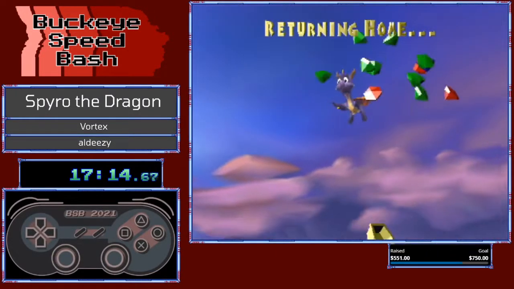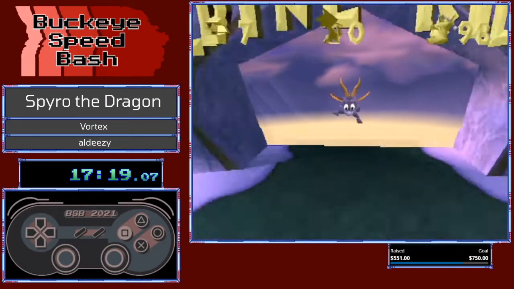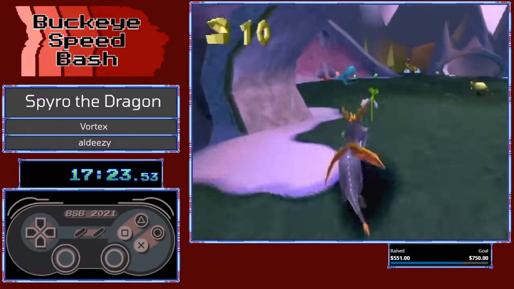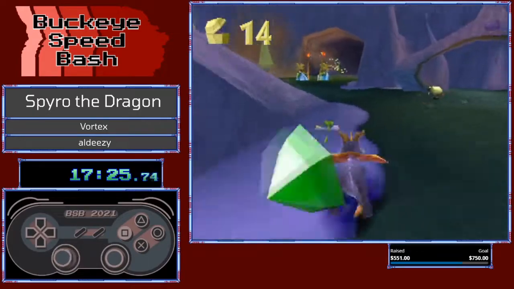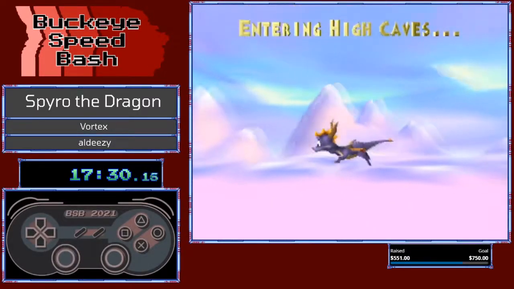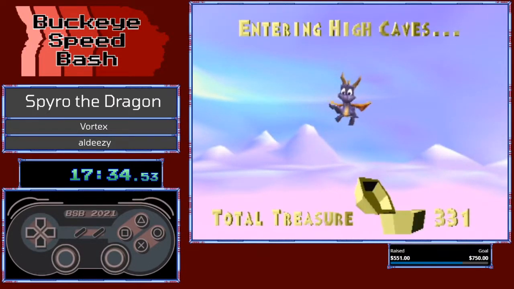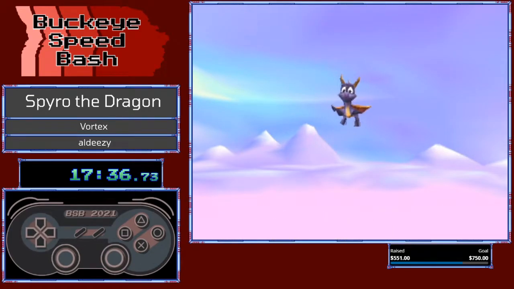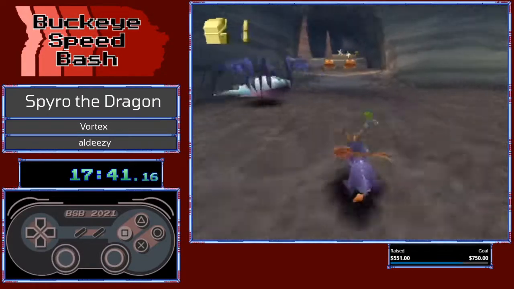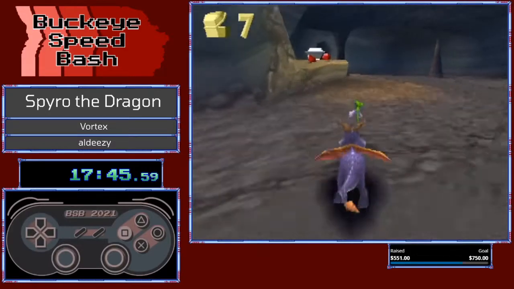Coming out of Alpine, we're going to be entering High Caves. High Caves is really just a simple run to the end level. This category in particular has a lot of history, and it's actually spawned this sub-community within the Spyro community, right? If you're really interested in this run and really interested in what Vortex is, and maybe even looking at some different strategies that we've done over the years, I highly recommend you go check out Hummeldon's 35-minute documentary, which